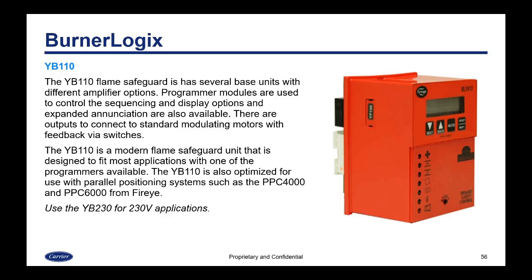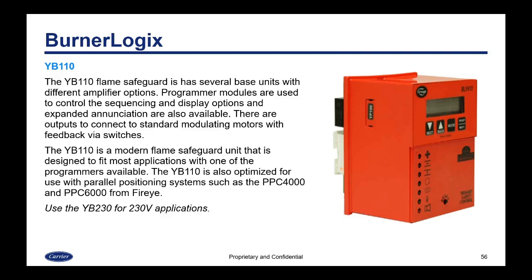The YB110 is a more modern flame safeguard unit that is designed to fit most applications with one of the programmers available. The YB110 is also optimized for use with parallel positioning systems such as the PPC 4000 and PPC 6000 from FireEye. And the YB230 is the one you would use for 230 volt